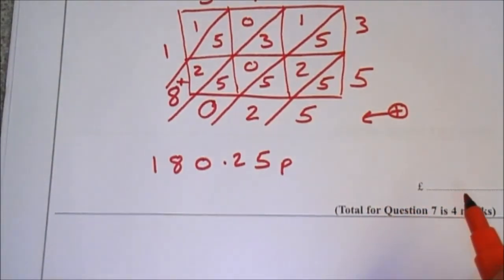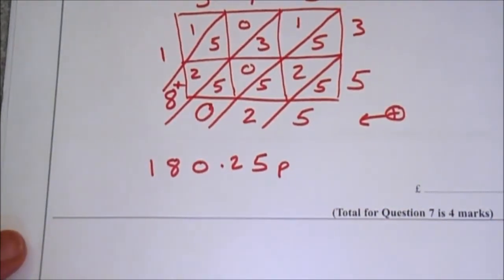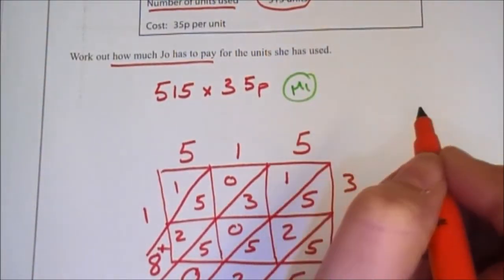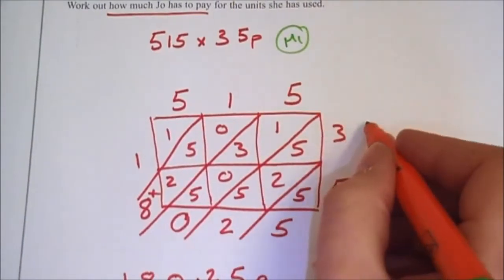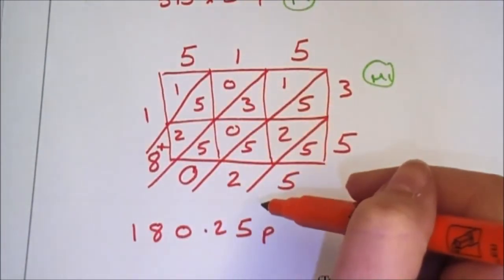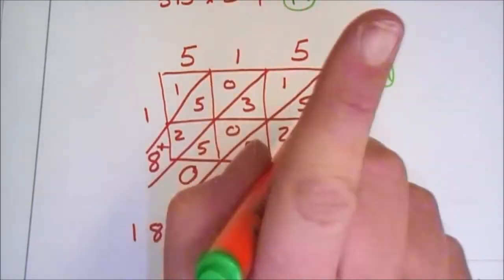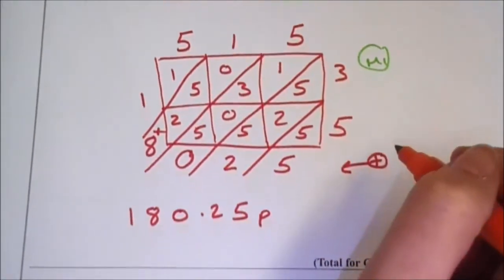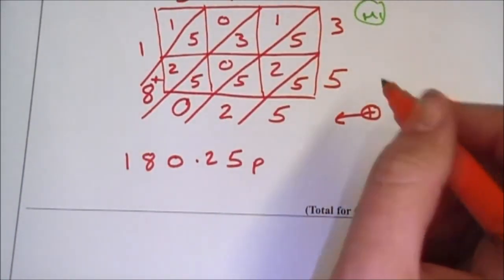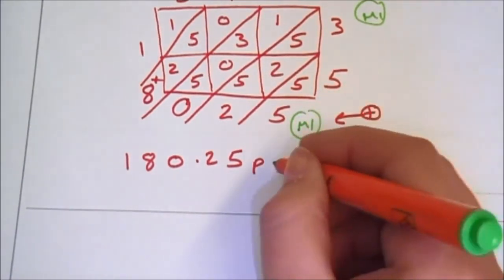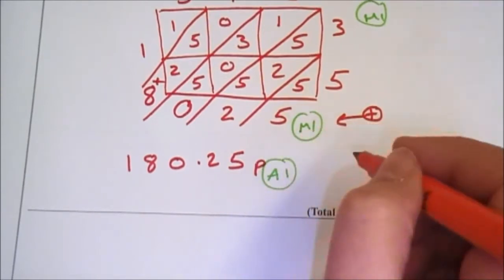£180.25. This is a 4-mark question. You get 1 mark for showing that you knew you had to multiply them. That's why we wrote that there. You get 1 mark for a complete method with place value in, and you're allowed 1 multiplication error, and you get the 3rd mark for adding these parts up, and then you get the final answer mark for having